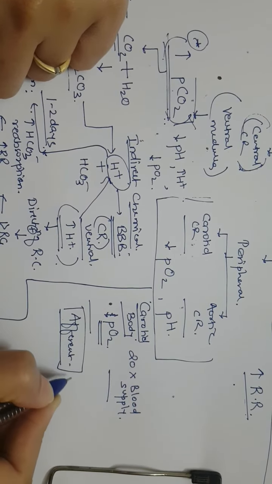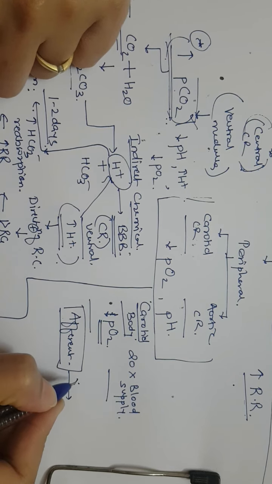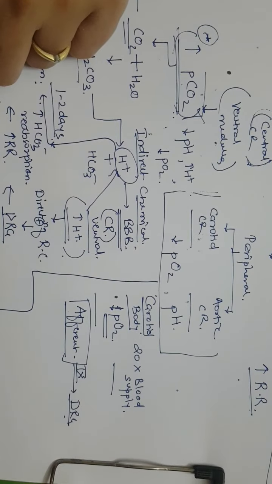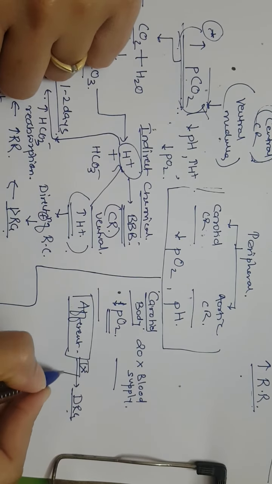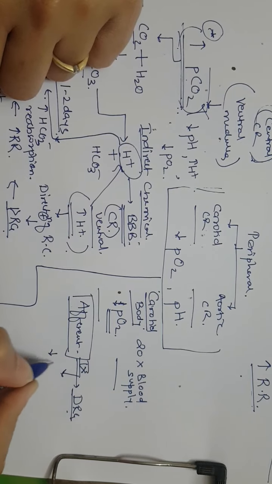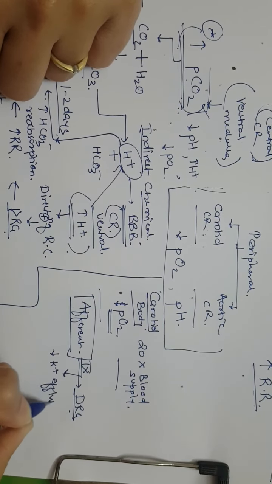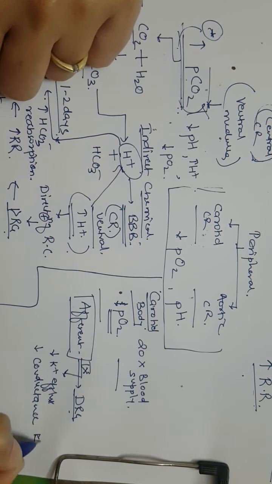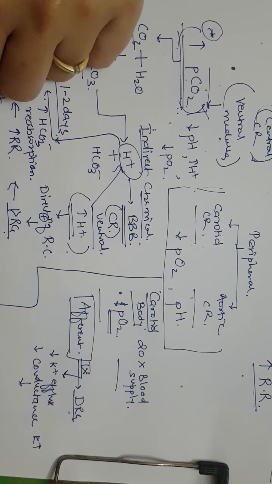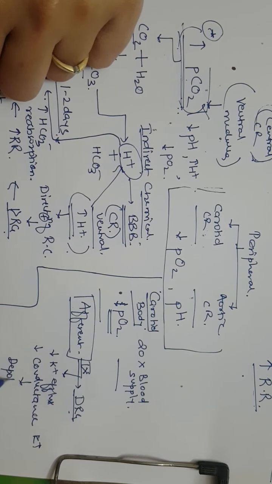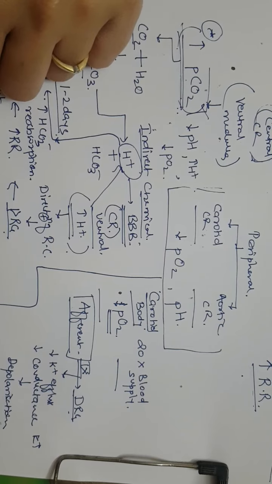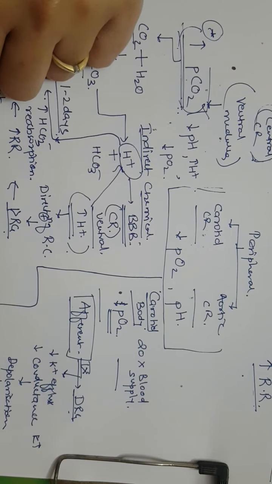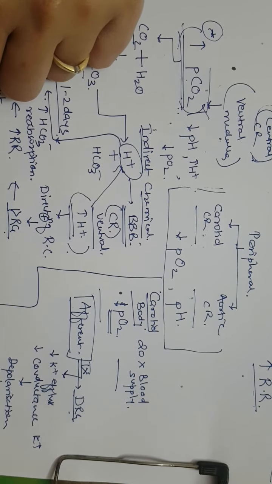Now these afferents will go via the 9th cranial nerve to the DRG. Now how are they activated? They will cause a decrease in potassium efflux by reducing the conductance of the potassium channel. Okay, so the conductance of potassium is reduced, so there is decreased potassium efflux, which causes depolarization of the nerve, which will increase the release of neurotransmitters, mainly D2 receptor neurotransmitters, which will generate the action potential,